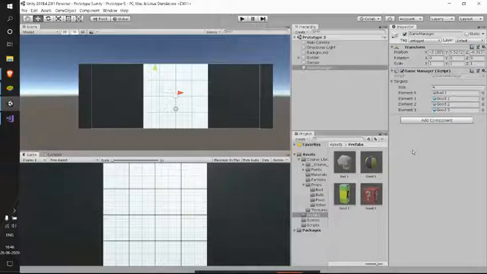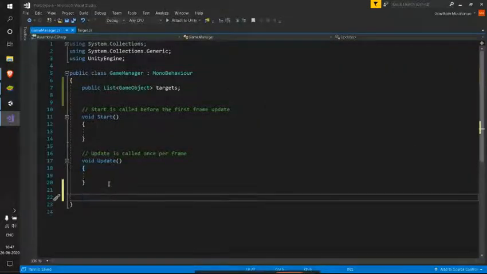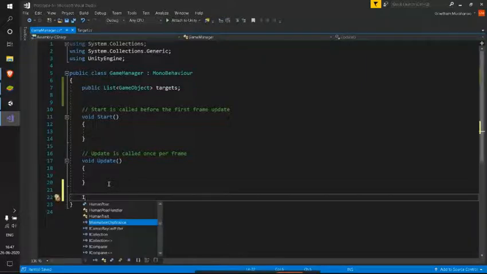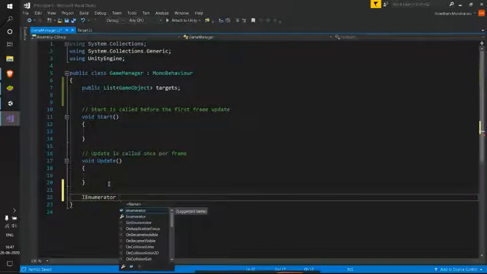So let me now write a coroutine which takes some time in between and then generates a random item from this list. So in here, as we know, to write a coroutine, we need IEnumerator, right? So let me use IEnumerator, which is an interface in C Sharp.